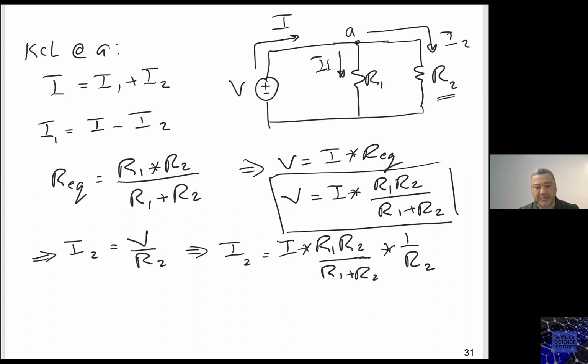Again, I'm deriving the expression for the current division just to show you where this expression came from. So here R2 can cancel, and I end up with